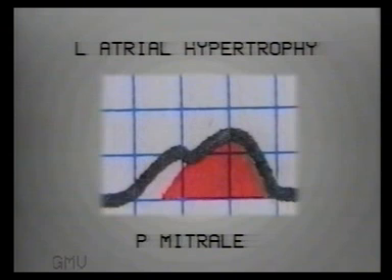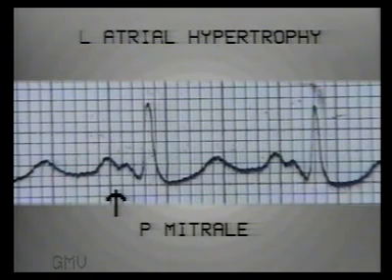In left atrial hypertrophy, the second component is delayed and prominent. So we get a wide and notched P wave which is wider than 2.5 small squares. Since this is common in mitral valve diseases, it is termed as P mitrale. Note the P mitrale, notched and 3.5 small squares wide.